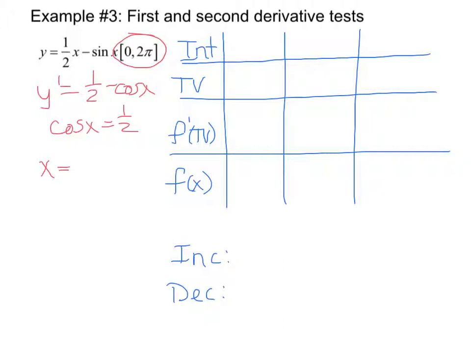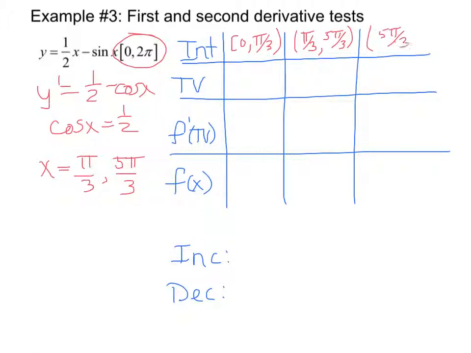This is where the reference angle is pi over 3. So pi over 3 is clearly one of the answers. The other answer is going to be in the fourth quadrant with a pi over 3 reference angle, and that would be 5 pi over 3. So these are the two locations where the derivative is equal to 0, which can be found by setting cosine x equal to 1/2, which means that my intervals are now broken into 0 to pi over 3, pi over 3 up to 5 pi over 3, and then 5 pi over 3